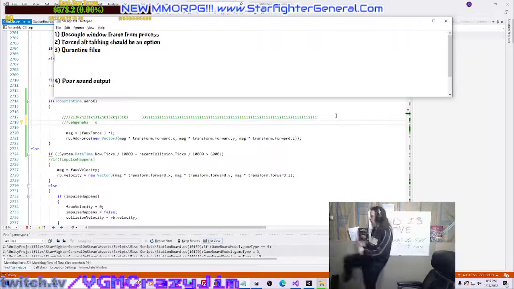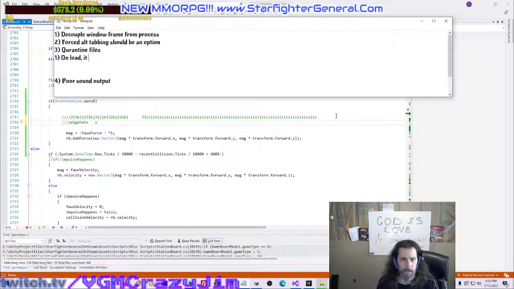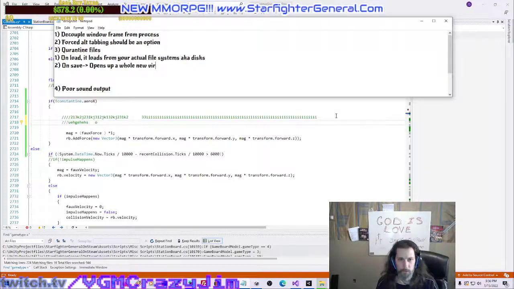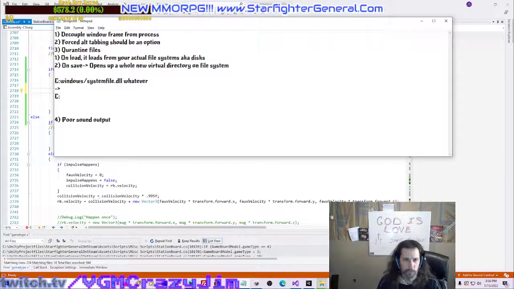So what a quarantine on your system would do is it runs a process. One, on load, it loads from your actual file system, your disk, like it normally does. But on save, it opens up a whole new virtual directory on your file system. So if it was to open, say, C:\Windows system file .dll, whatever, it reads from it. Okay, fine. Then what happens is when it goes to write to it,